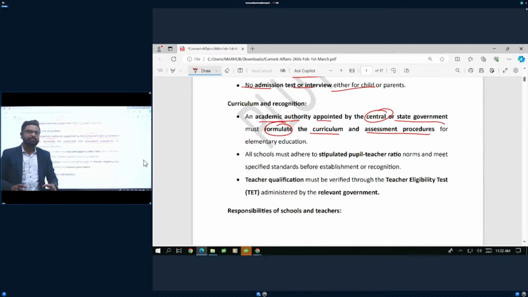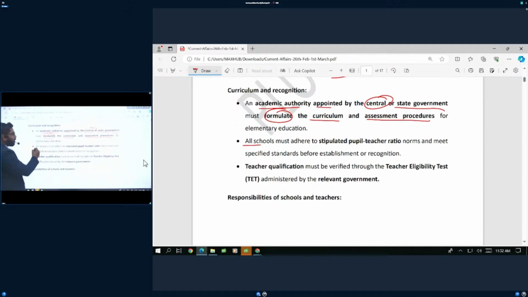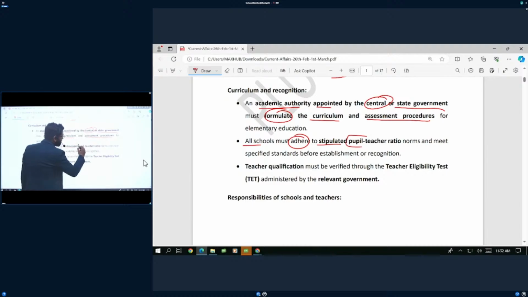ज़्यादा states के पास अपना regulator होता है. State secondary board education, they have it. There's a central board of secondary education. Similarly, you have state board of secondary education. Every state has their new curriculum. So this is allowed. Next, all schools must adhere to the stipulated